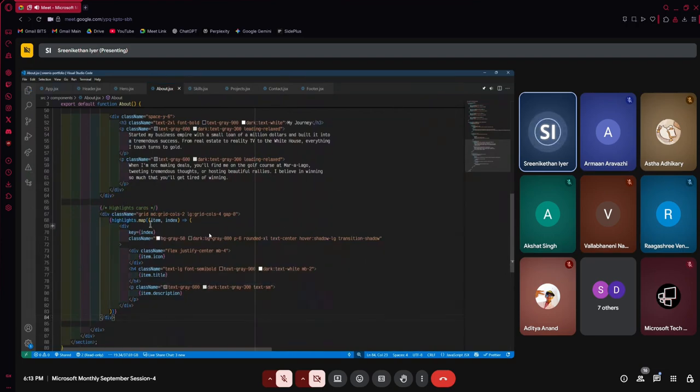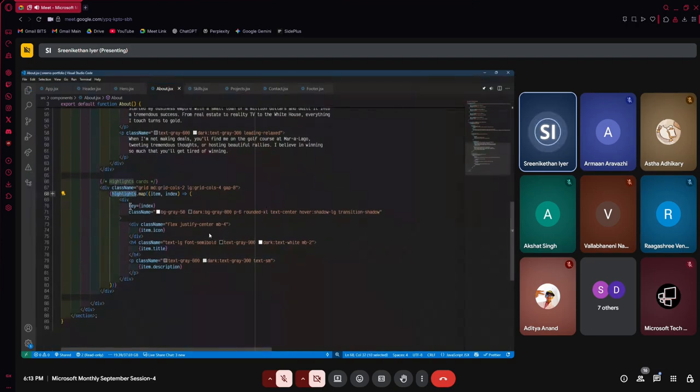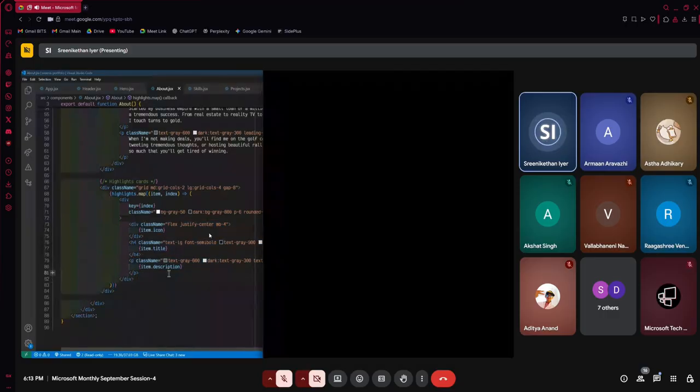As you can see here, we have the highlights.map, and for each highlight entry, we are creating a single div for it, right? And this div is given by an arrow function. This div has three things in it: the icon, the title, and the description. And if you have a look at our website,